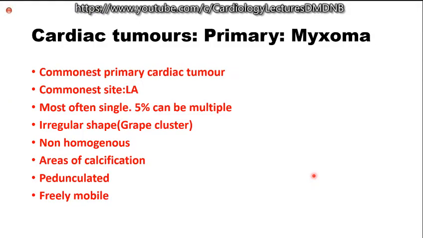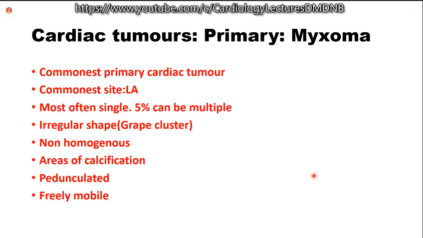So myxoma is the commonest primary cardiac tumor. Common site is the left atrium. Most often it is single, but in 5% of cases it can be multiple. It has an irregular shape. I said it's friable. It is also known as grape cluster. It is non-homogeneous, with areas of calcification and areas of liquefaction. It's a pedunculated tumor and is freely mobile. So these are the features of myxoma,